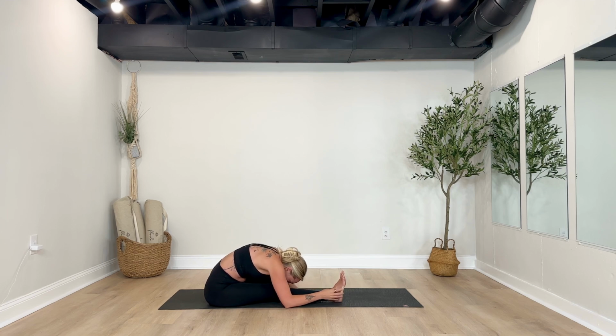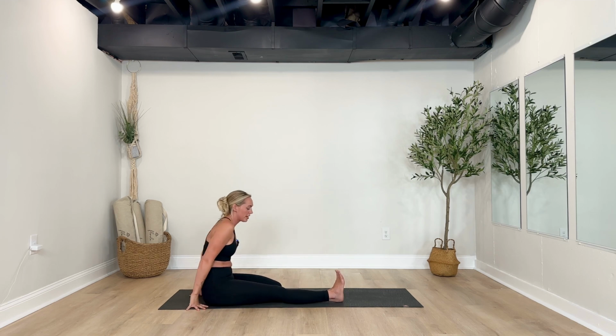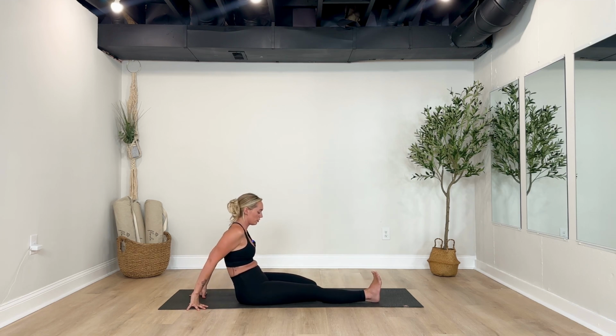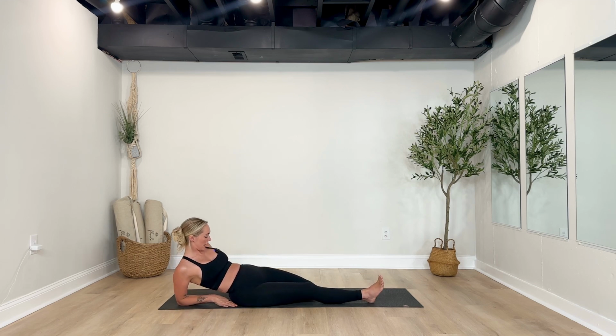And then slowly walk the hands up. This time we'll have a couple rounds of breath here if you decide you want to come into your half hero all the way onto your back. Take it to your depth. You can even start